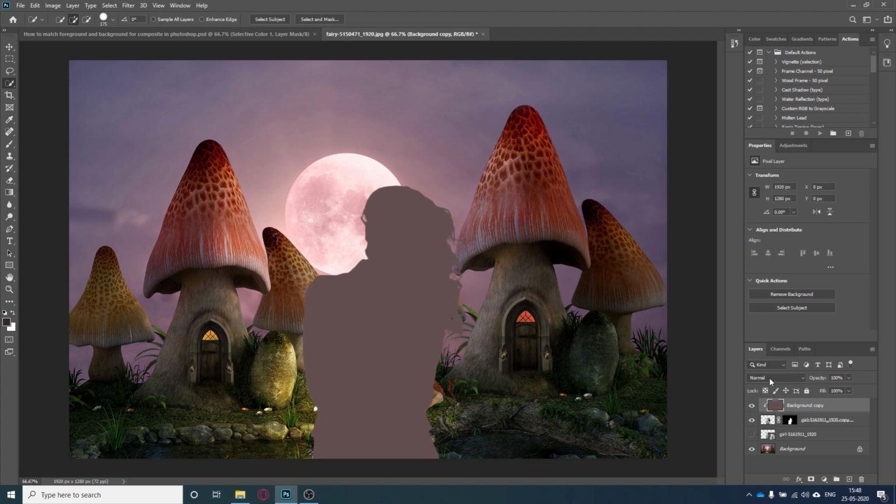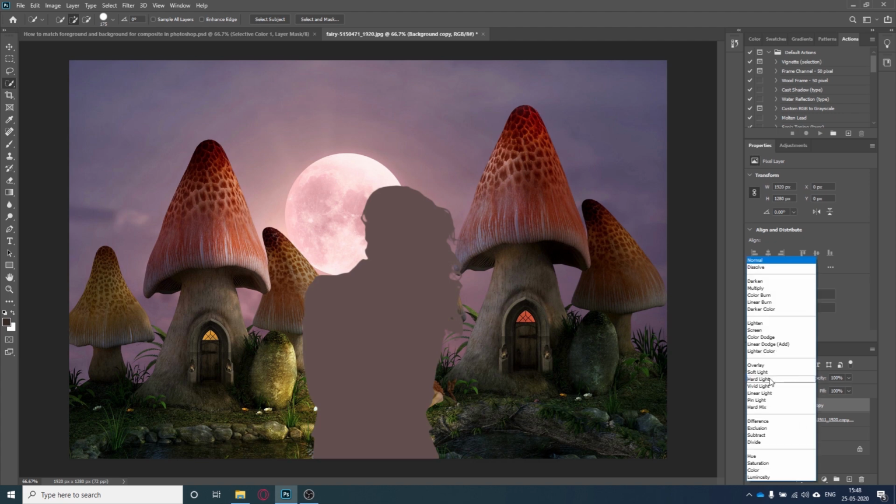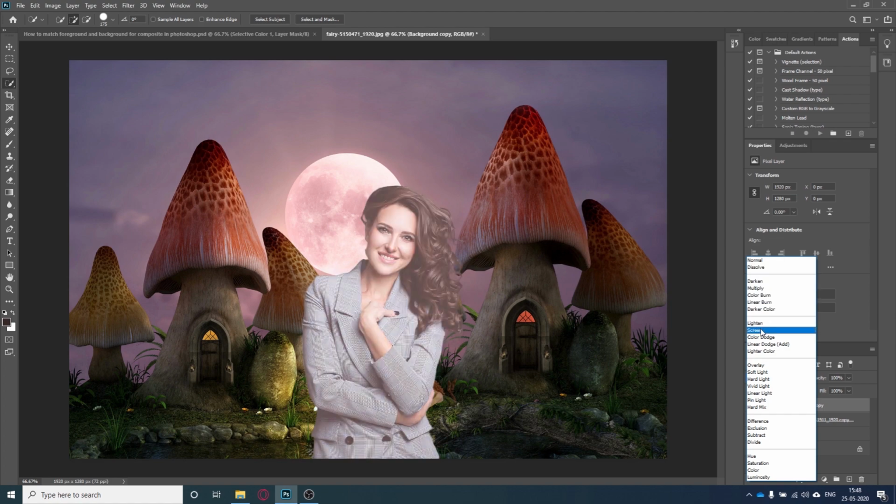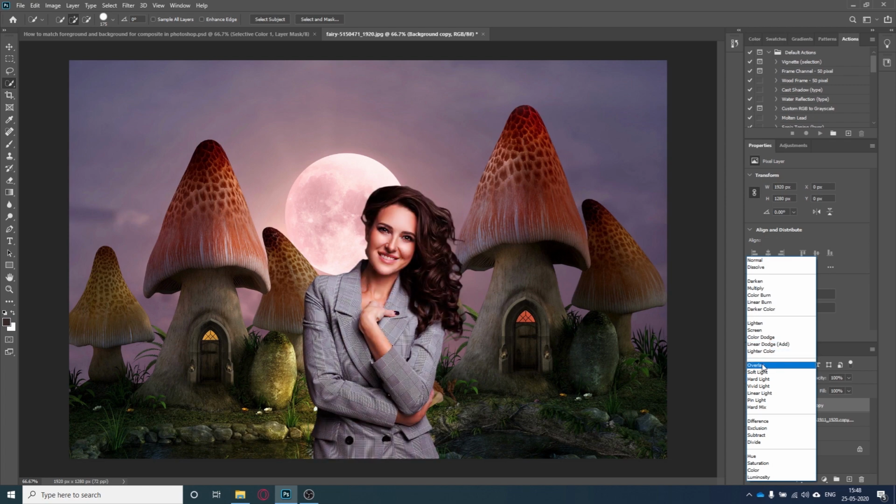So at this time I will go to the blending mode. For this, mostly Overlay works well. So let's check this out. As I have told you earlier, Overlay will work well in these types of cases. So I can click here, I can select that, or I can also select Soft Light.